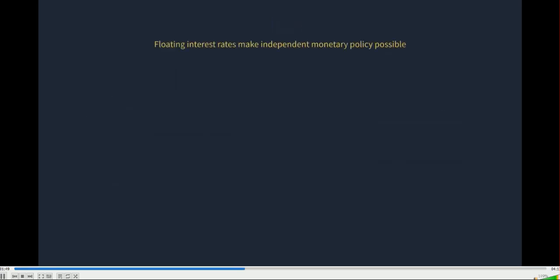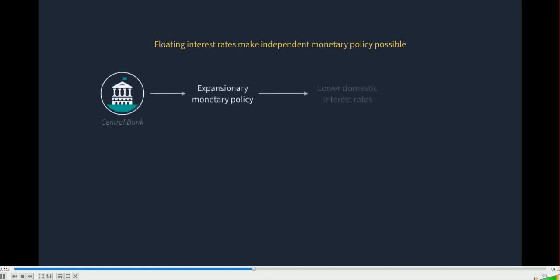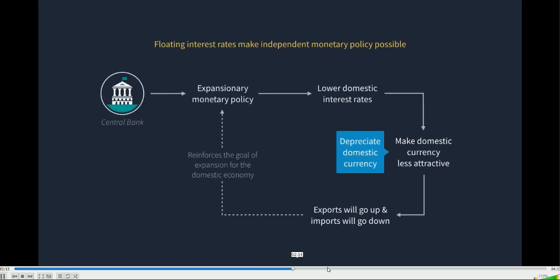Floating exchange rates make independent monetary policy possible. A decrease in the domestic interest rate from loose monetary policy would, now that we've